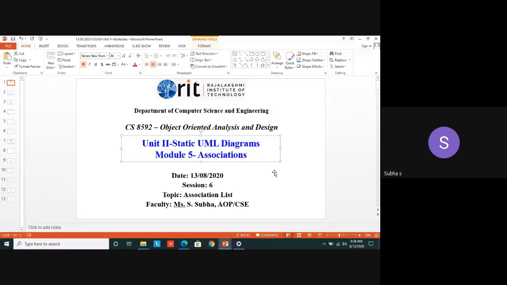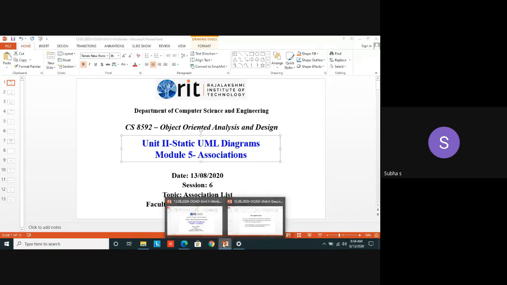Let's start the day with OOAD, particularly association. Today's topic, we are going to see about the association list. In the previous classes, we saw a little bit about association: what is unidirectional, what is bidirectional association, then the different things under association, aggregation, composition, etc. Apart from that, we are going to see some more terms related to association. Particularly, we are going to see the association list, and then two case studies, the next gen POS system and the monopoly game.